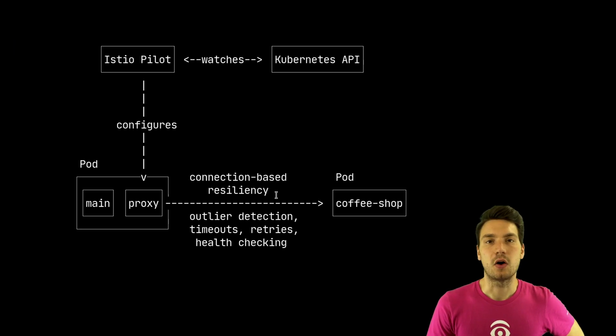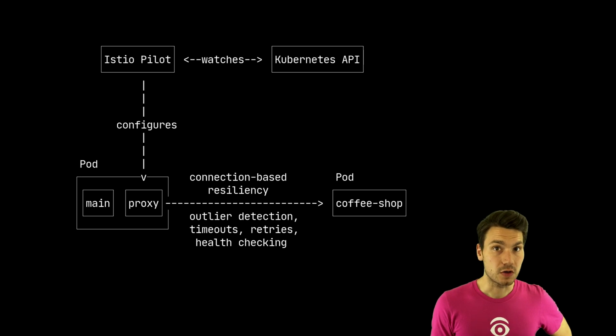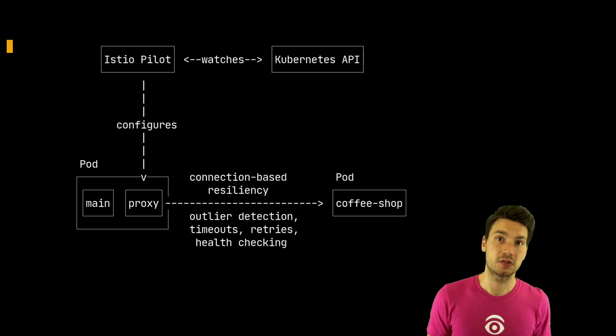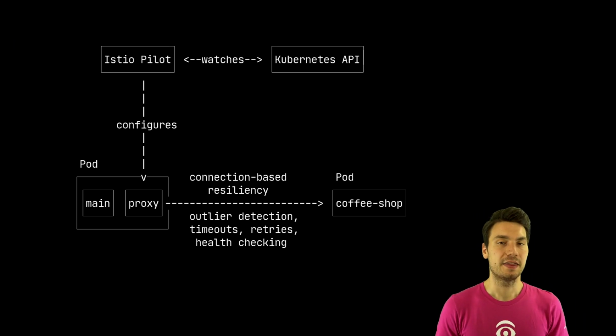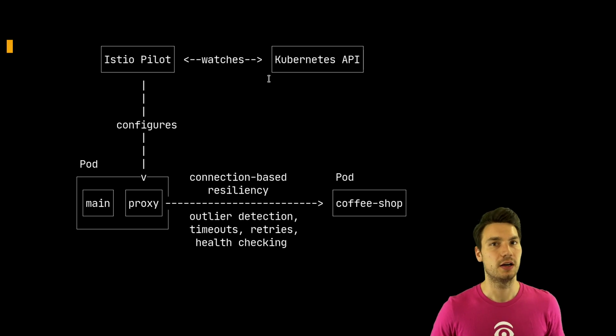In this case, it also includes some connection-based resiliency. It has some approaches, some outlier detection, and a few other things that increase the resiliency. But it also needs to be configured in order to do this advanced traffic management, so that the proxy knows where to connect to. This happens with the Istio pilot plane. There is a pilot plane component that again watches the Kubernetes API for changes and for what should be reflected within the configuration, and then will reconfigure these Istio